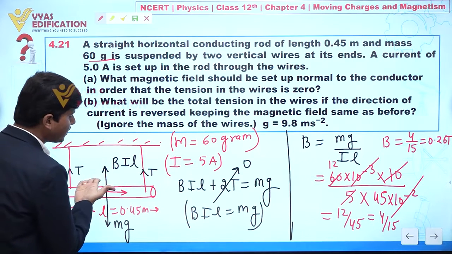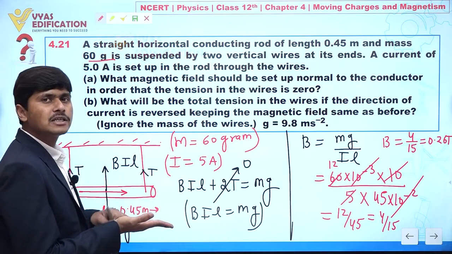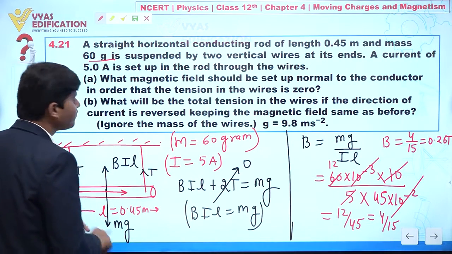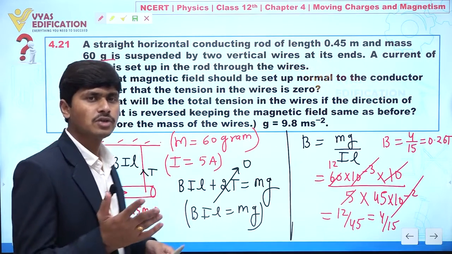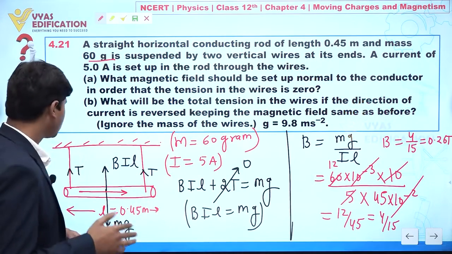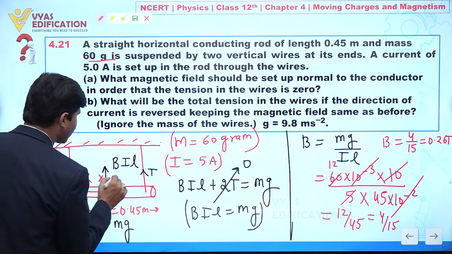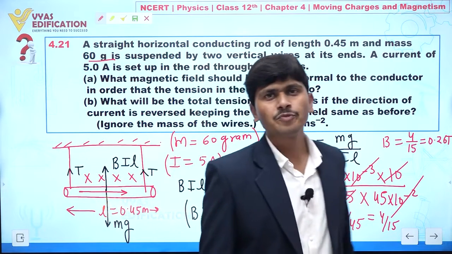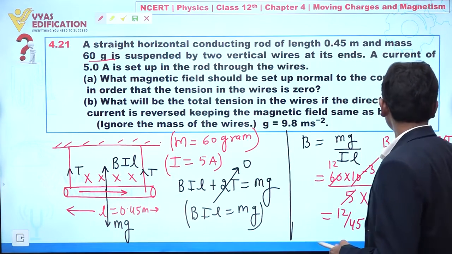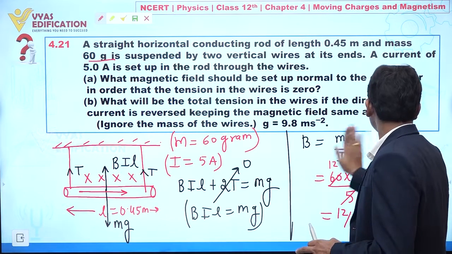Clear? Thumb indicates the direction of motion. At that time I can say this palm indicates the direction of the magnetic force. Clear? Actually we can use either Fleming's left hand rule, or we can utilize the right hand palm rule. So if we utilize the right hand palm rule, I can say in this situation we are having a magnetic field perpendicular inward. Clear everyone? So the answer of this question we have is 0.26 Tesla. Clear everyone? Now listen carefully.